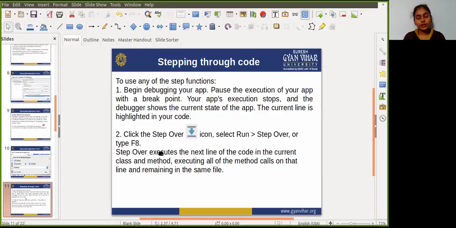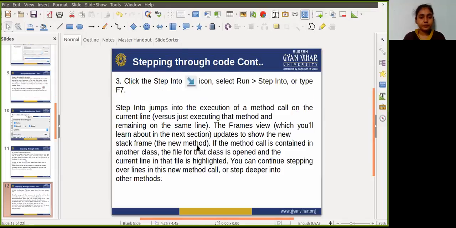So just click the step into icon. Guys, see, this is the step into icon. Okay, so just click the step into icon and select run, step into, or you can just type F7.